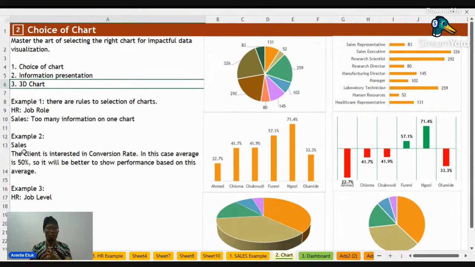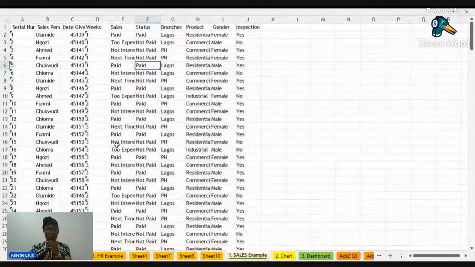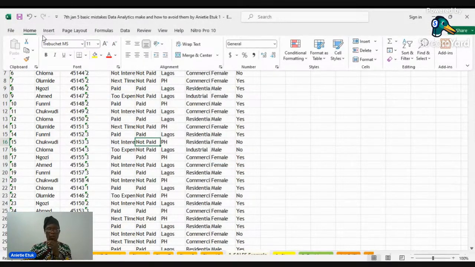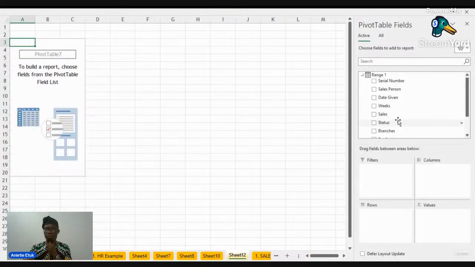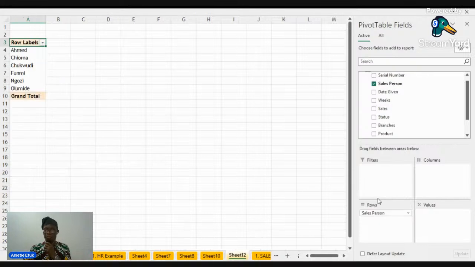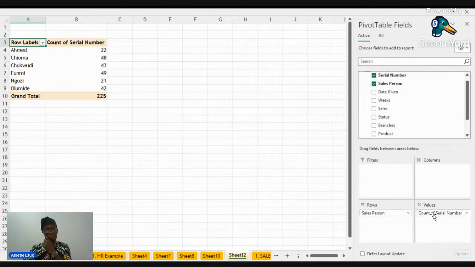They want to see their individual performance. They want to see how many persons perform, and the conversion rate. In this case, we know that the average is 50, assume, which is also correct. So they want to see the performance with respect to this. Now, if we come to this point and we present this data this way, let me click here. Don't worry about the number of pivot tables, it's just a discussion class. So let's bring the salesperson, and then let's bring the serial number, and let's bring the status.